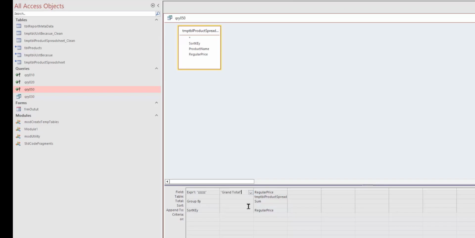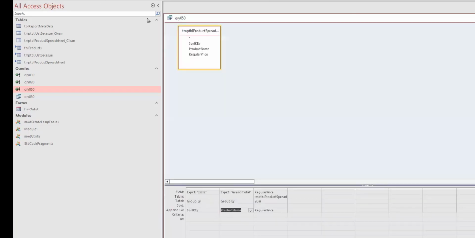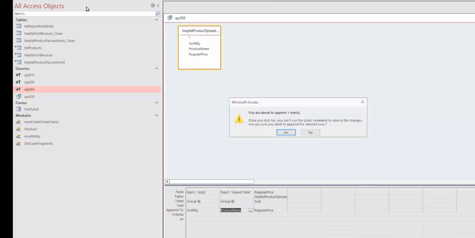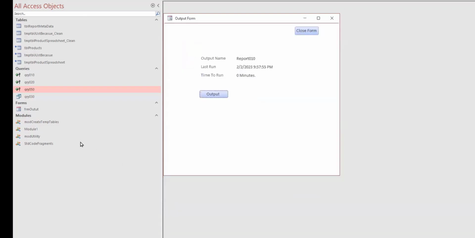Total. And that'll go into product name. So let's see if that looks better. Right? Okay. And let's run it. To append one row, that's good. Sure. And then,